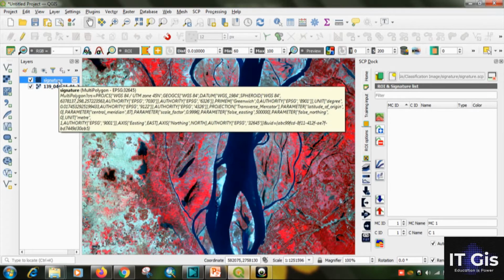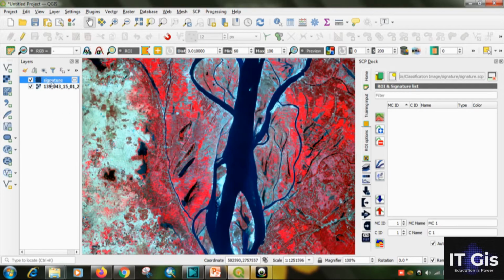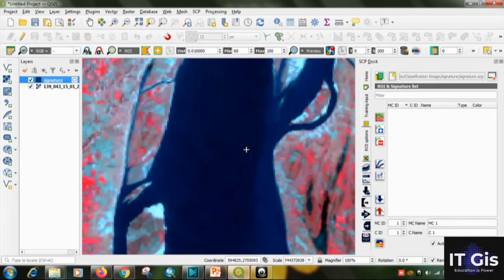Now select the signature file, then click on create a ROI polygon. Now we have to take the signature or area here. I'm taking the AOI of river. Just like digitization, click here.